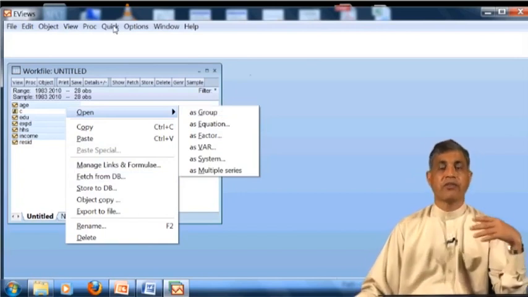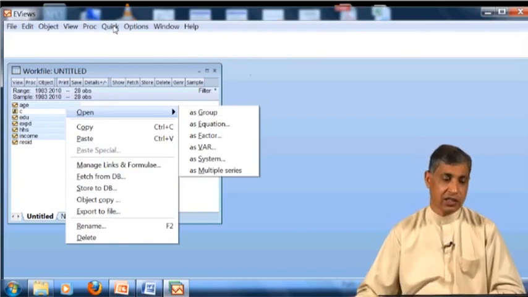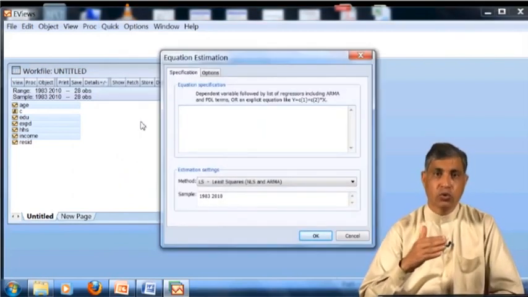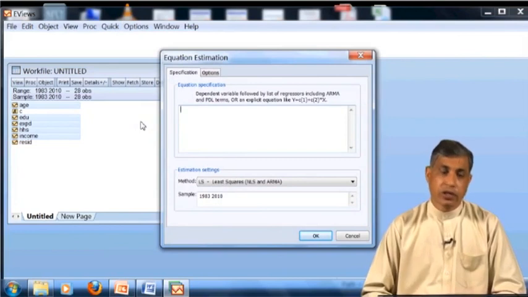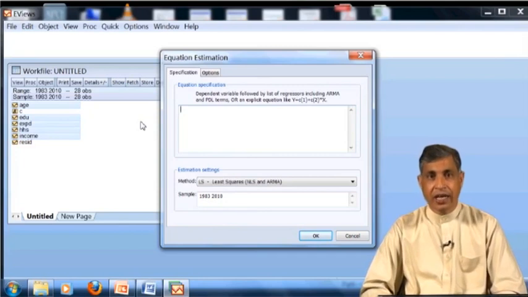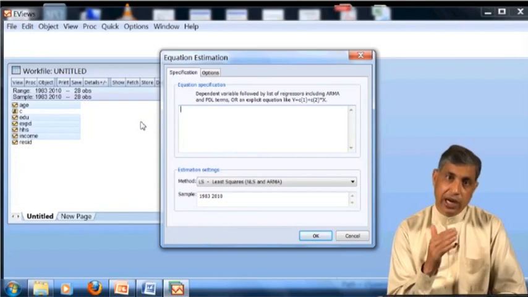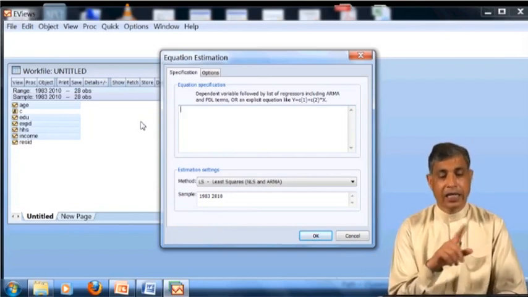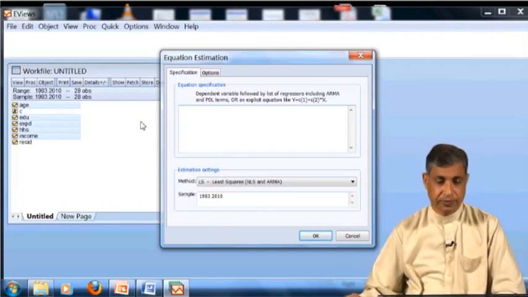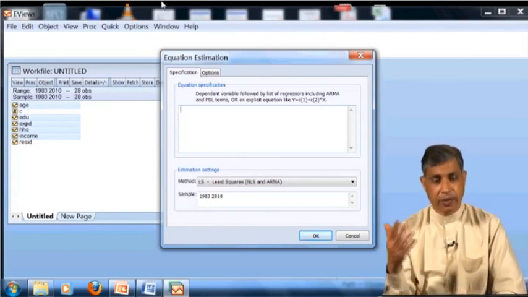Look at this. If you are interested to write the name, I would like to again repeat this. You have selected some of the variables. If you want to give the names, go to quick, estimate equation. Now it is asking you the name of the variables, and you can write these names by looking from there, but it takes effort and time. And keep in mind, the first variable you write will be considered automatically as the dependent variable, and the other variables you add with just one space. You write the name of the first variable, give space, the other variable, and so on.